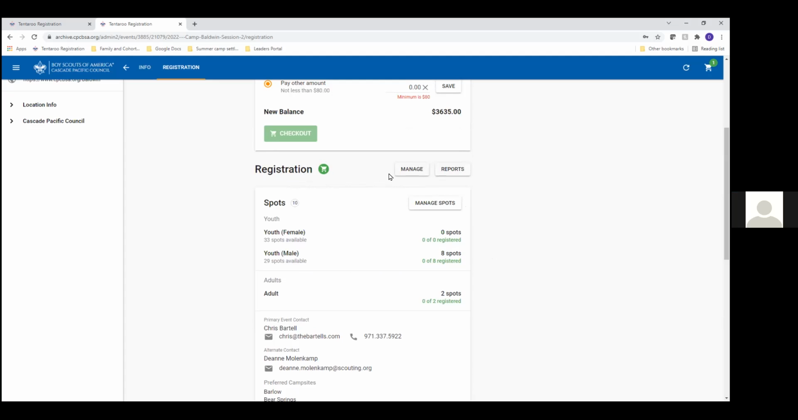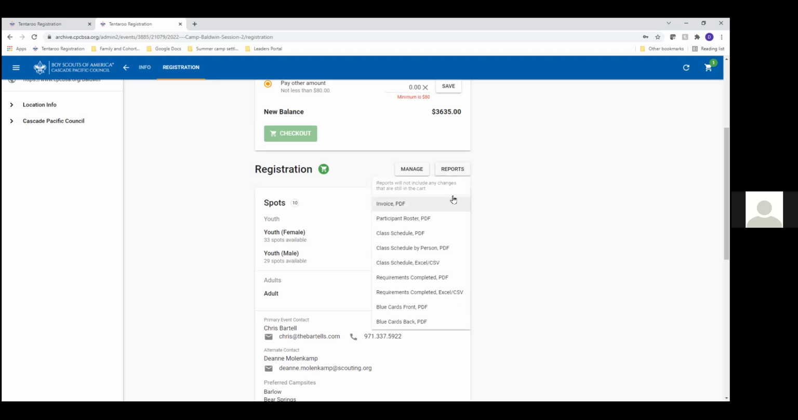So under registration here, there's manage. We just looked at how to change your spots, but this is equally as important: the reports tab. If you click on this reports tab, it's going to give you several options. If you click on invoice,